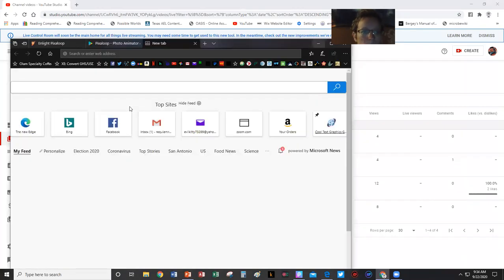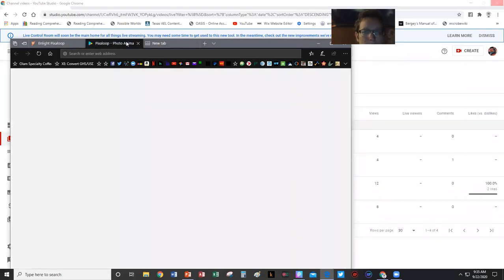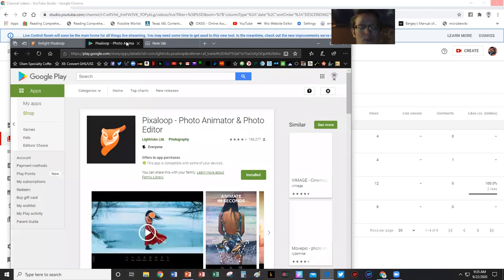No. While it's still thinking, let me show you Pixaloop. So I can close some of these other things. Like I said, basically I create all my layers in PixArt, which is a photo editing program. Then I switch over to a photo animating program. There are programs out there that will do both, but they are all paid programs where they allow you to create an image, to create a graphic, and to edit and to animate it all in the same place.